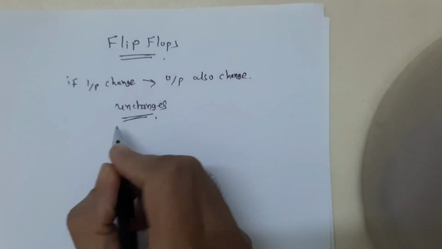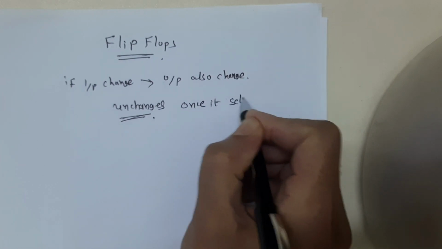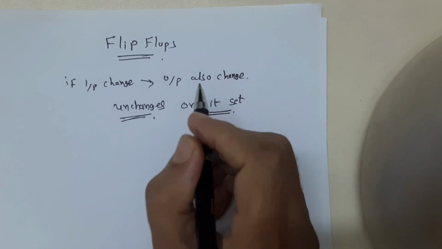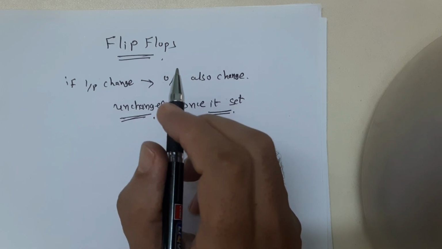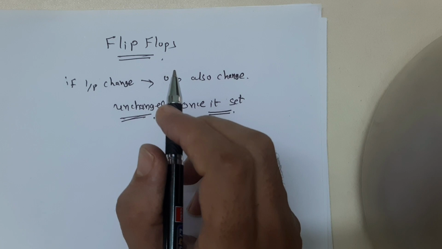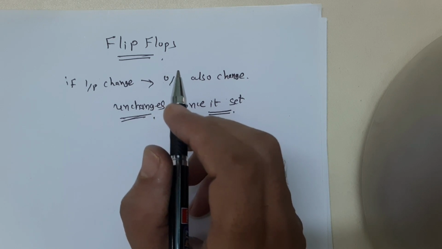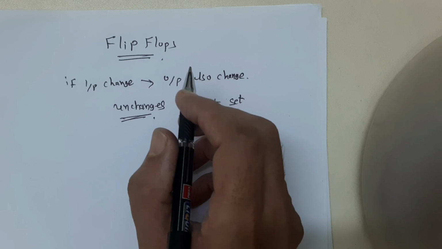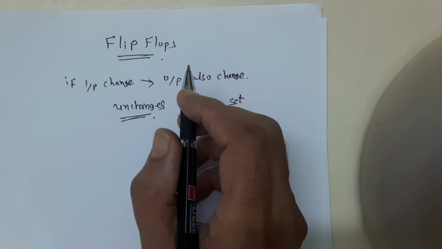That means once it is set, even if there is a change in the input level, the output is not changed. Such a device could be used to store a binary number. A flip-flop is one such circuit, and the characteristics of the most common types of flip-flops used in digital systems are considered in this topic.